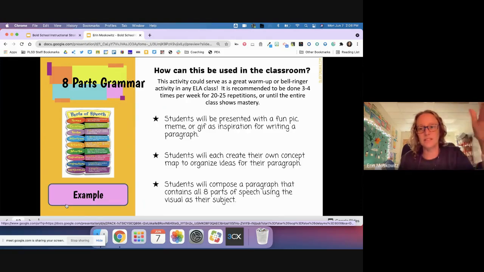So this is something that's going to take a while to build mastery, but it can be a fairly quick activity that you could do at the beginning of class. So again, students will be presented with a fun pic, meme, or GIF as inspiration for writing a paragraph. Students will each create their own concept map to organize ideas for their paragraph. And then using that concept map, they'll compose a paragraph that contains all 8 parts of speech using the visual